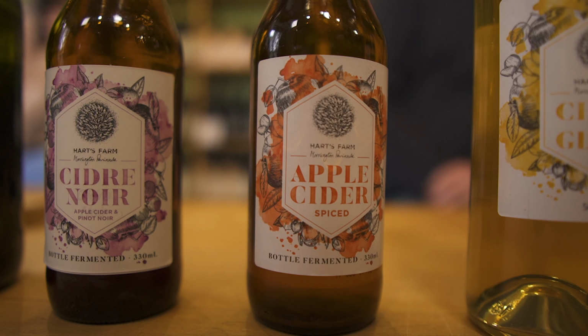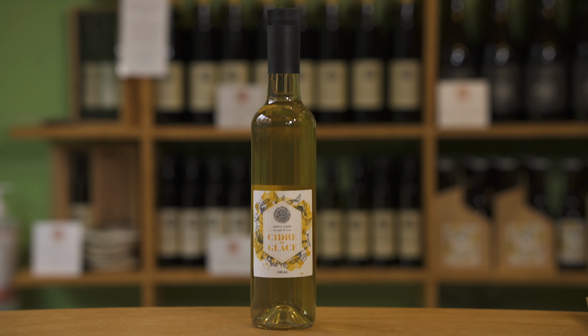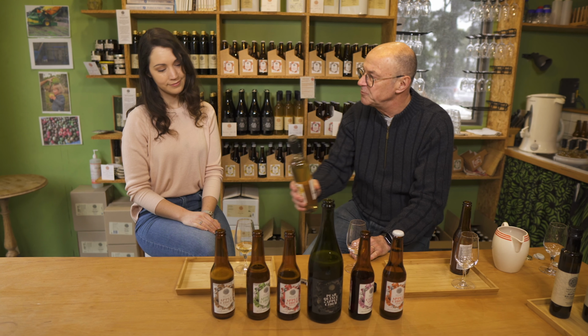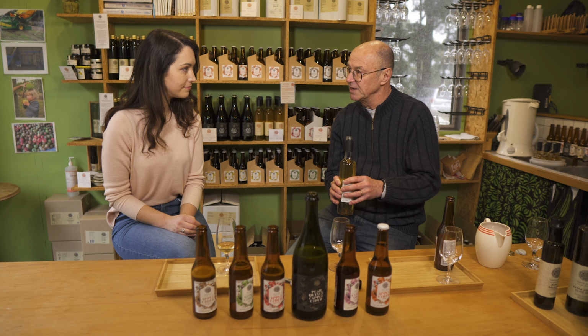Very, very nice. Oh, I don't know if I can choose my favourite anymore. This is too good. The last one is the Cidre de Glace. Once again, that's I think a unique experiment. This is like an after-dinner sticky wine, except obviously with apple cider as its base, not wine. It runs around 10% alcohol, so it's not as sweet as some of the Sauternes and other after-dinner wines, but